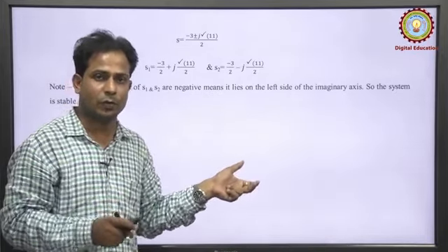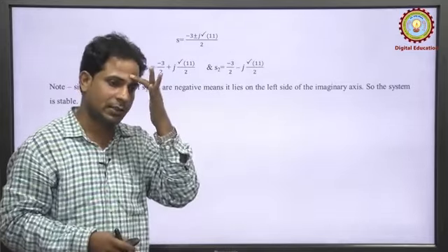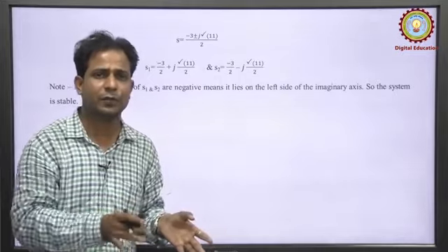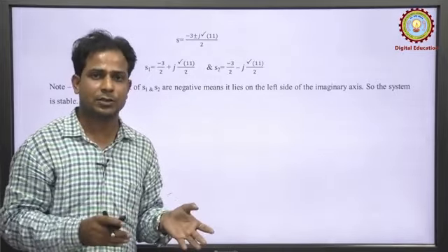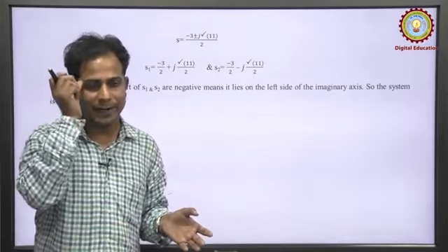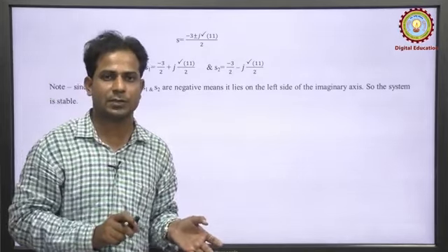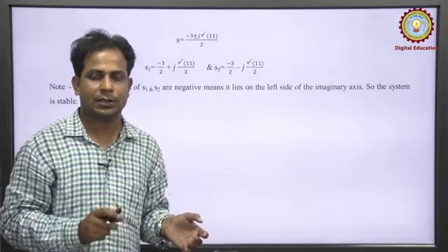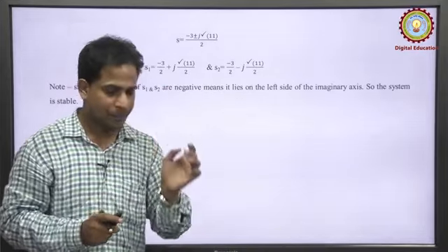But the thing is that if you have a critical system, we have a number of methods to find out the stability of a system. So, for finding out the stability of a system we have basically 3 methods. The first one is the Routh